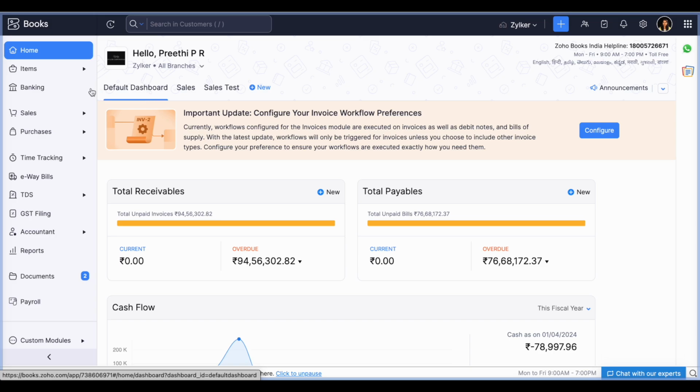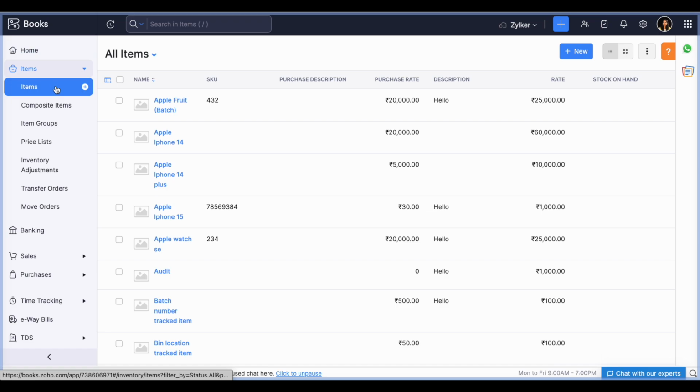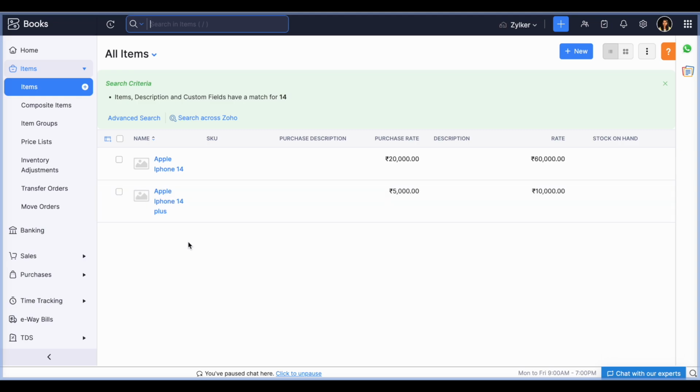Next, we'll see the enhancements done in the item module. We have improvised the item search. Earlier, in order to search a particular item, you had to enter the entire item name. That is, if I need to search for Apple iPhone 14, I have to type it as Apple iPhone 14. Through our recent enhancements, we have launched content search. Here, using any keyword of a particular item, you can search this particular item. Suppose I wanted to search for Apple iPhone 14, just by typing 14 and if I give enter, all the items which are related to 14 will be listed here. Among this, I can choose the required item.